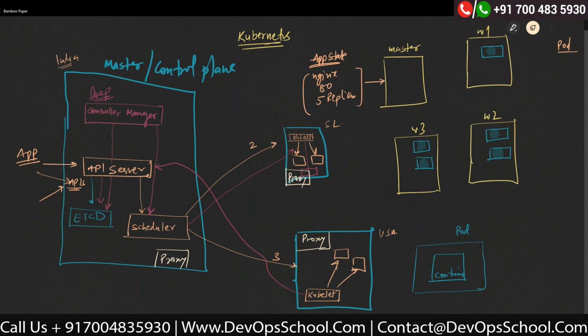Okay, from here to here, from here to here, from here to here, this communication also is possible. And this proxy enables this communication, right? All this communication is authenticated and encrypted, right? And it's very difficult for each component to know how to authenticate and how to work with different components. So what proxy does is it stores all the certificates which enable this authentication and encryption, and then kubelet, instead